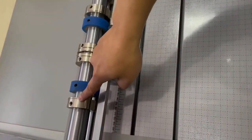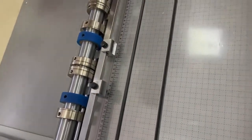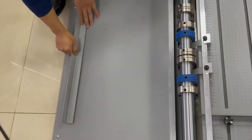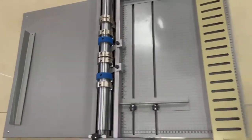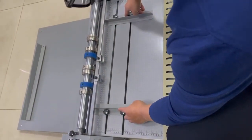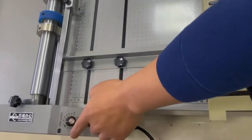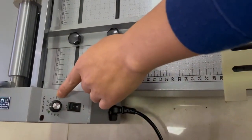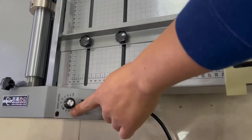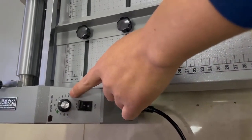This is creasing also, pressure roller. And this is the table to collect the paper. This is the limiting block to insert the paper, and this is the on-off button. This is to adjust the speed. You can adjust the speed from 10 meters each minute to a max of